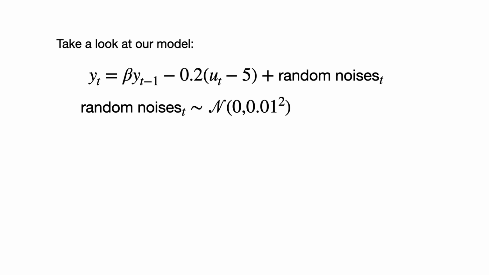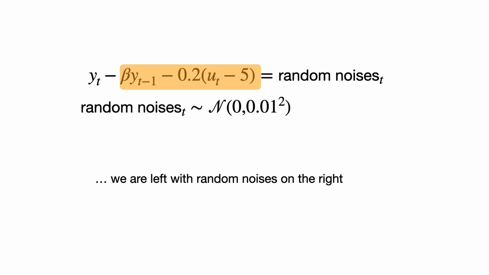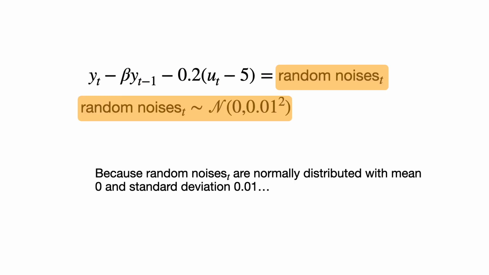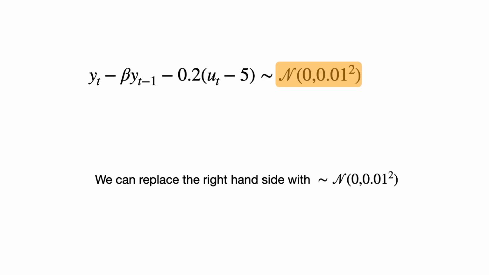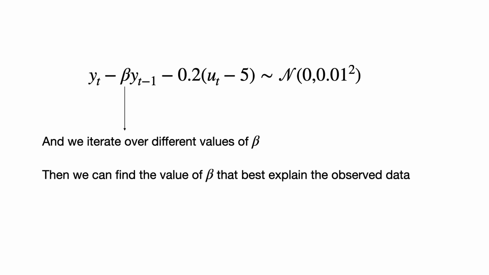Let's take a look at our model. If we bring this part to the left, then we are left with random noises on the right. Because random noises are normally distributed with mean 0 and standard deviation 0.01, we can replace the right hand side. This equation forms the basis of the likelihood function because if we plug in observed data for yt minus 1 and ut, and we iterate over different values of beta, then we can find the value of beta that best explains